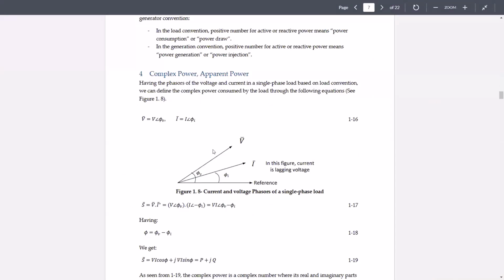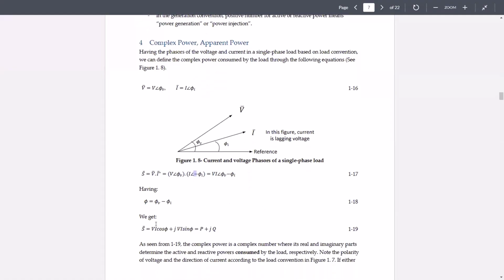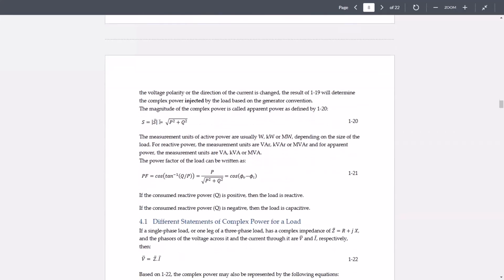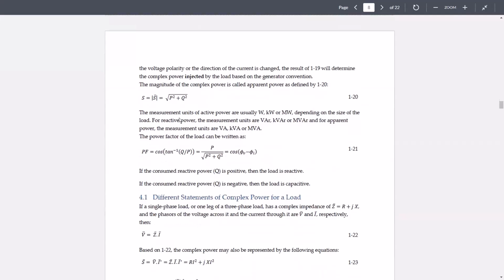So in order to show that through math of the voltage and currents, the complex power is defined as the voltage times the conjugated value of the current phasor. The conjugate value means that you have to put the angle with the negative sign, right? So that becomes the complex power. The active and reactive portions here join together to form the complex power. So these are all different representations of complex power. And then the apparent power would be the magnitude of the complex power, which would be equal to